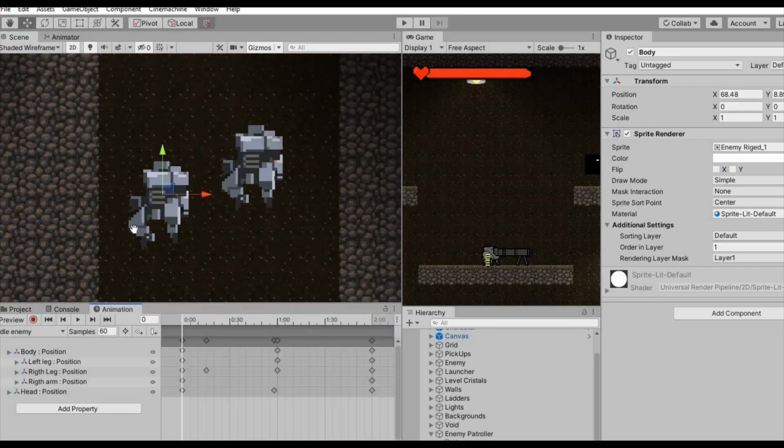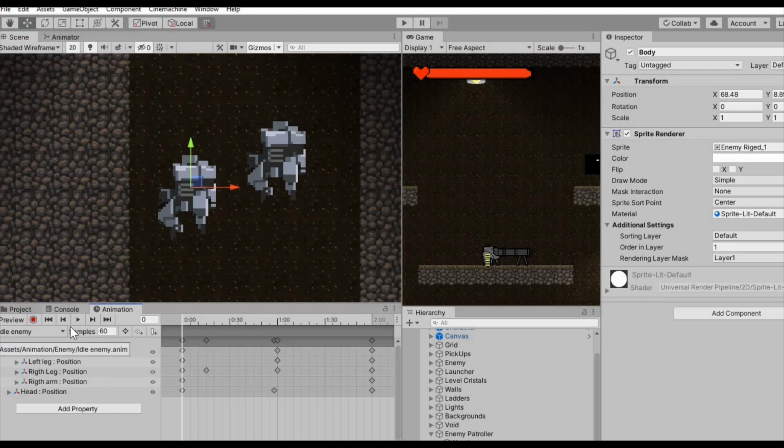And just like that, we got our enemy in Unity. But I've gone one step further and made an animation for the enemy, which is